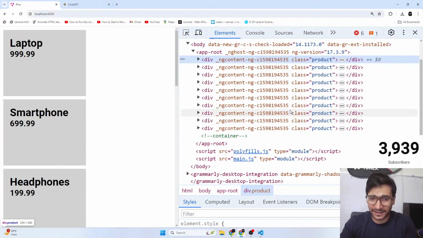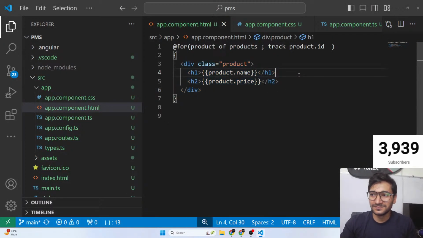No, we can't use map here. Not like React. In React, we have JSX. That's why we can do whatever we want. Whatever we can do in JavaScript, we can do in JSX. This is Angular HTML. So whatever Angular templating provides, only we can use that. We cannot use our own map or forEach or something like that. That's not possible. Remember, guys, in React you use JSX, which is JavaScript. Here it's Angular templating. So whatever Angular gives you, you can only use that.